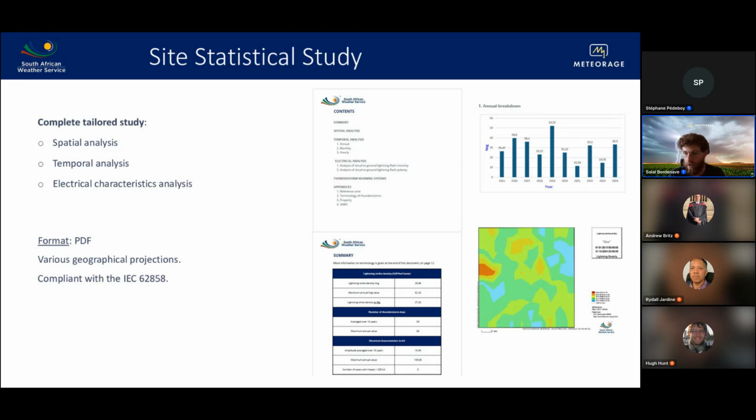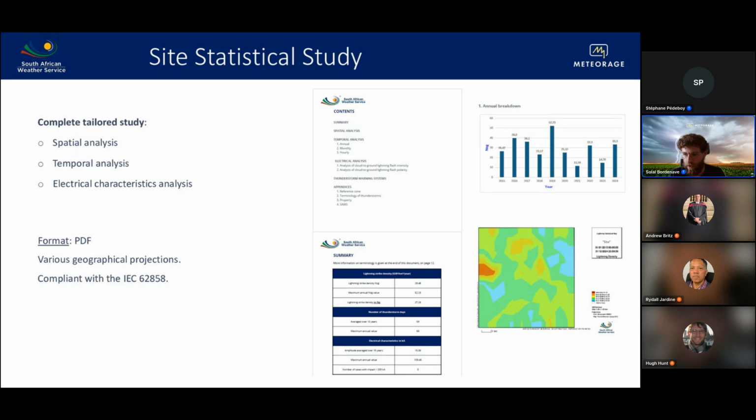And then we will go into each of the risk components. The spatial analysis again checks if there's any hotspot around the site, if it looks quite homogeneous, or if maybe there's one direction which is more at risk than the other due to local climatology, to local topography. Then the electrical analysis, where we're going to look if you have maybe not that many lightning flashes, but more of the strongest ones. That might be an issue depending on your protections. So check that side of the risk,